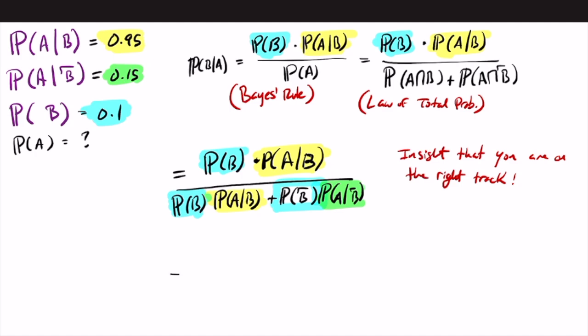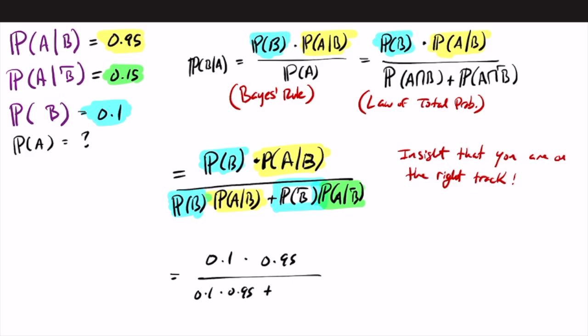Okay, so this is going to equal 0.1 times 0.95 over 0.1 times 0.95